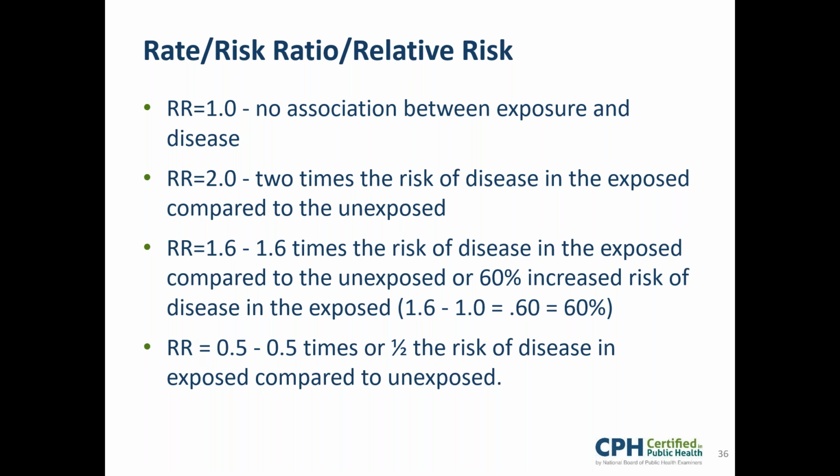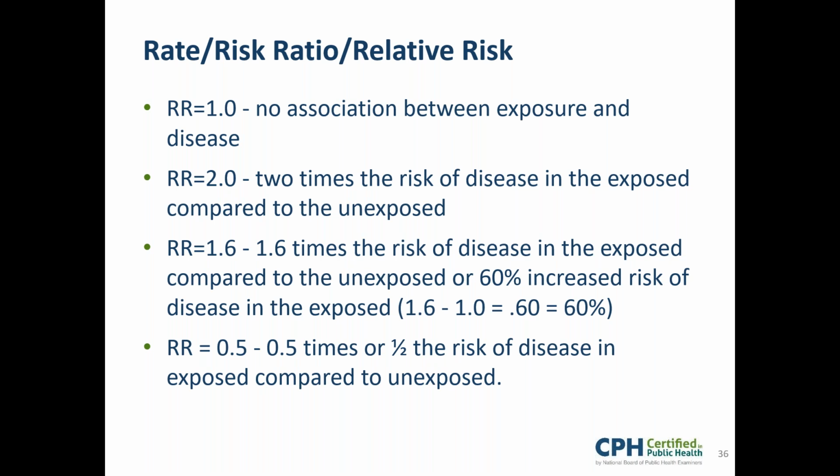However, if we have an RR of 2, for example, that means there's 2 times the risk of disease in the exposed compared to the unexposed. If we have an RR, for example, of 1.6, we would say there's 1.6 times the risk of disease in the exposed compared to the unexposed, or we could also say that there's a 60% increased risk of disease in